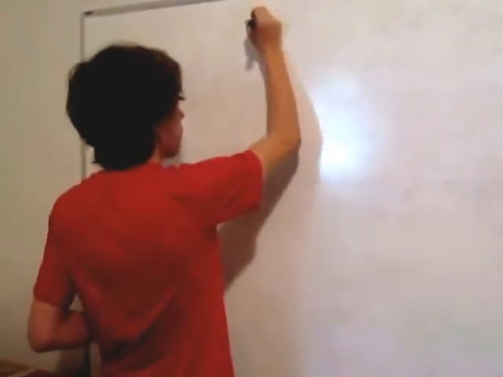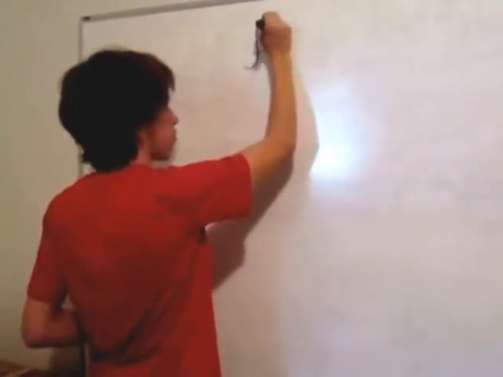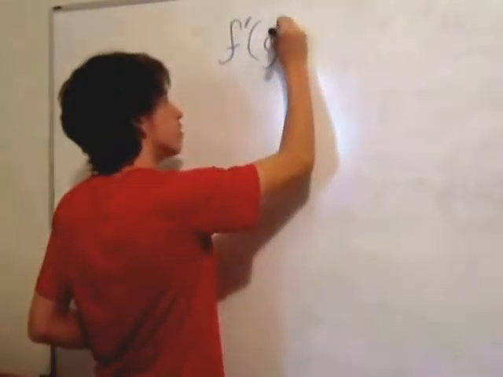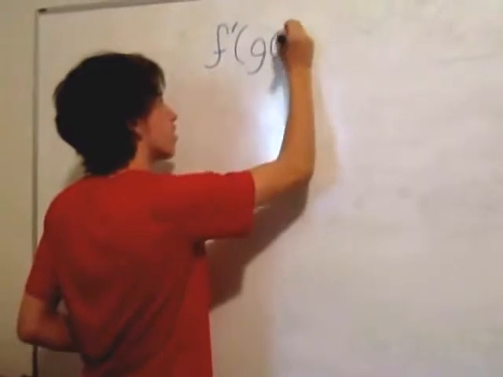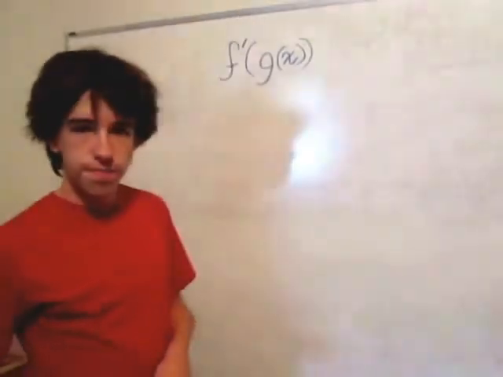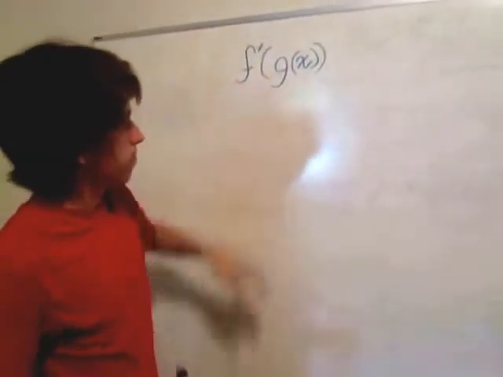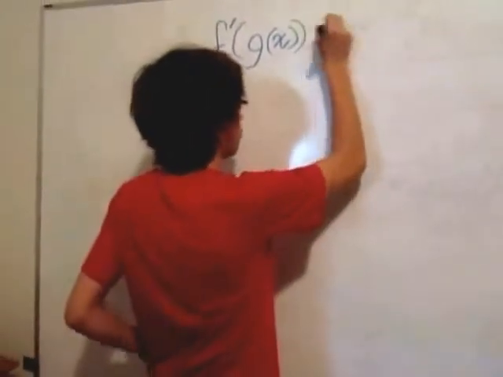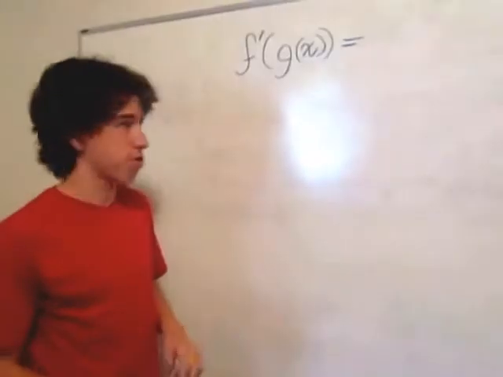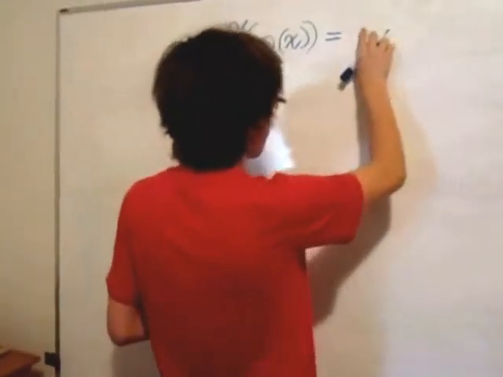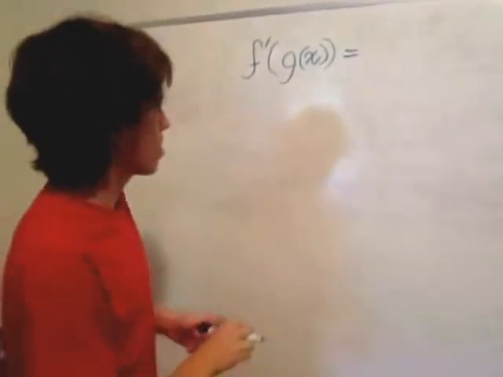That the derivative, or f prime, of a function of x, so we're taking the derivative of this whole thing, would be equal to, where g is a function and f is a function, it's a bit easier to write with the other notation now that I see it, but it's equal to